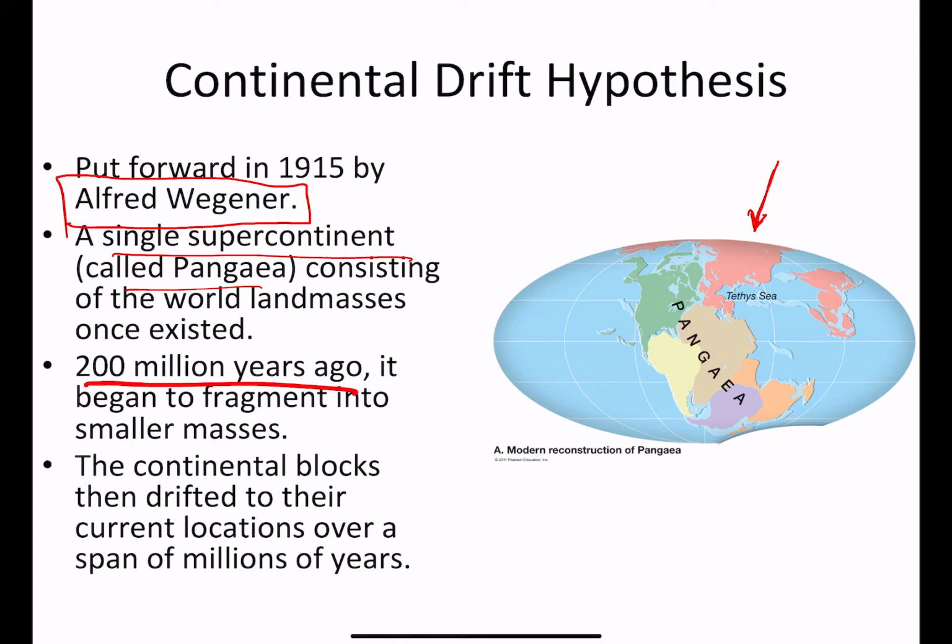And as you would expect, there was tremendous opposition to this idea because it was very, very difficult for people to believe that this can be true. But Wegener had studied this in a lot of detail, and he had several pieces of evidence which seemed to indicate that this idea is true. So, what I'm going to do now is go over the evidence that Wegener had back in his time, 1915, which convinced him that this idea of continental drift is correct.